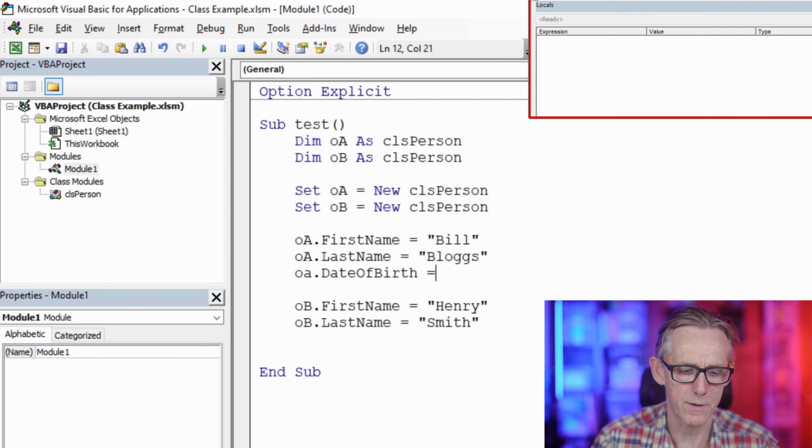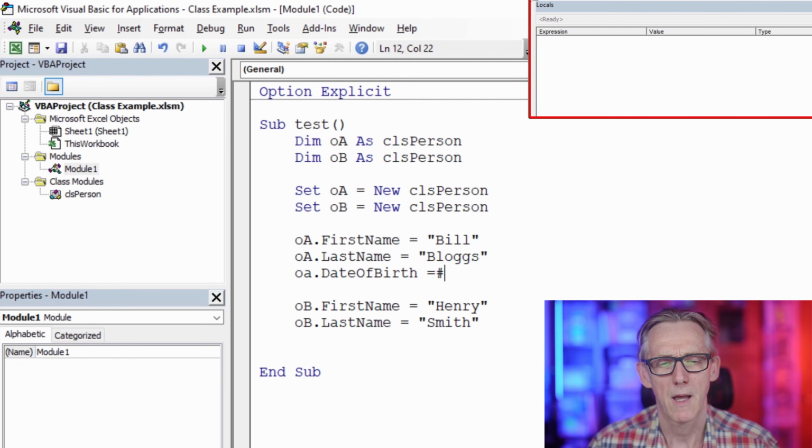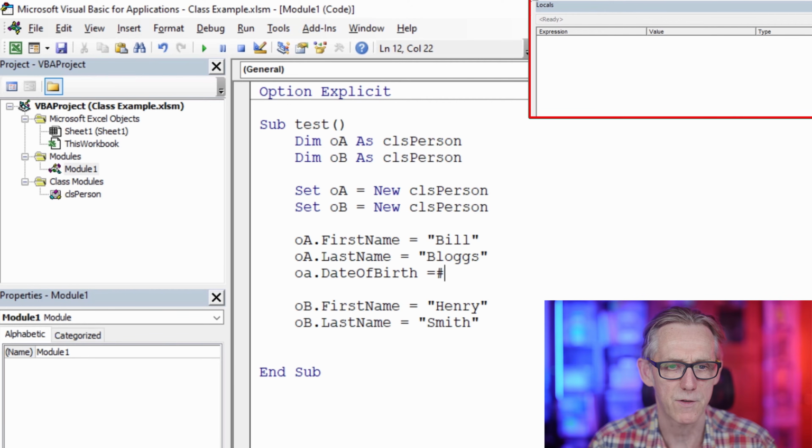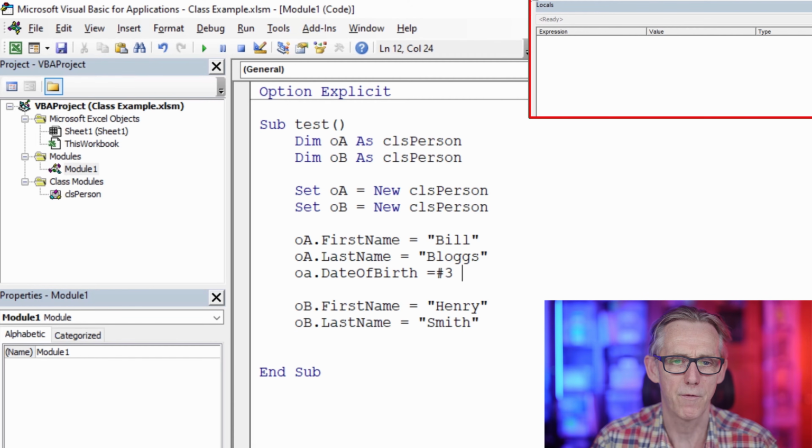OA.dateOfBirth equals, let's put a date here. I get very concerned about dates because in the US and presumably some other places you do month, day, year, whereas the rest of the world does day, month, year. So if you're doing the 5th of January, there can sometimes be confusion between the 1st of May and the 5th of January. So I like to put dates in long format. So what I'm going to put here is the 3rd of May